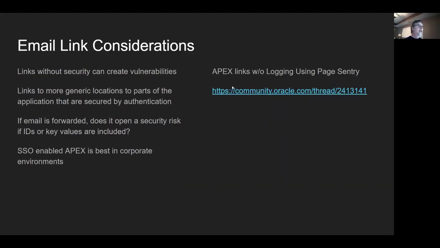There is a community thread for trying to access Apex links without logging in, which I wanted to include here just for completeness. There is a way to do page entry constructs on that. I disagree with the need for this. If you've got single sign-on worked on, it will mess with your sessions, and that's what you want to be careful with, because like any link,